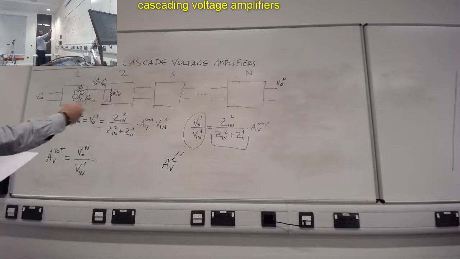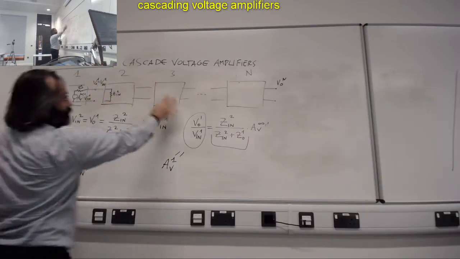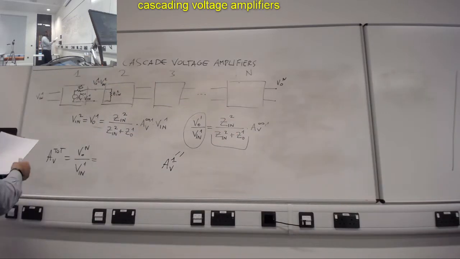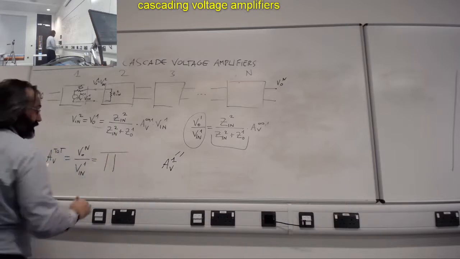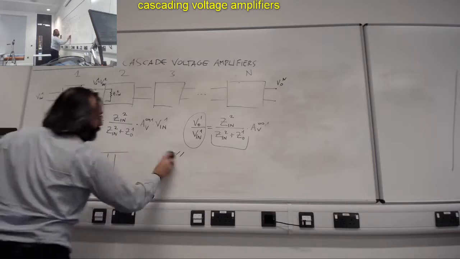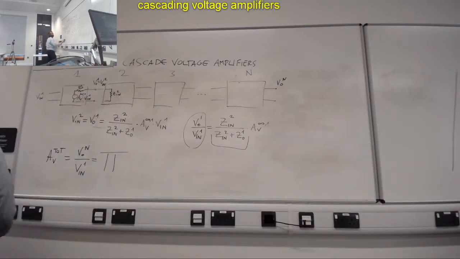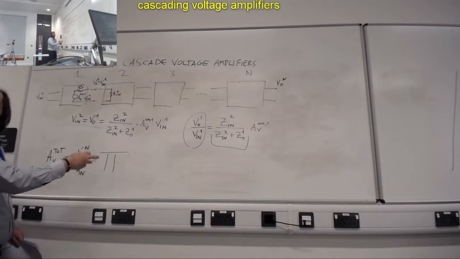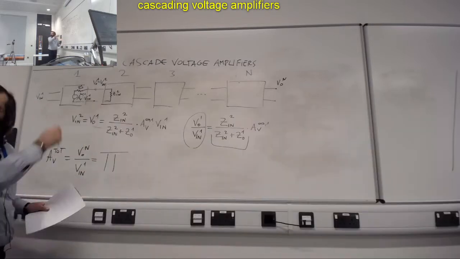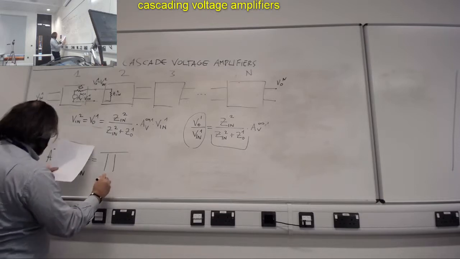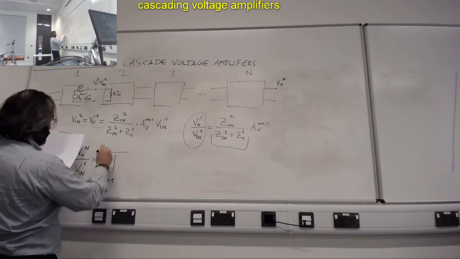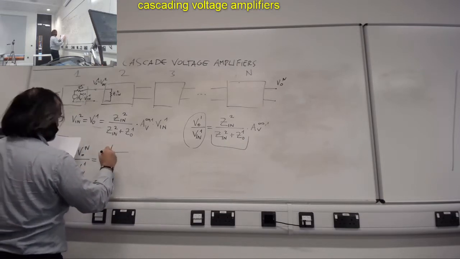Obviously we can imagine to do the same everywhere, and so you end up with the product, using this symbol, instead of the sum, the product of many factors, from i that goes from 1 to n of